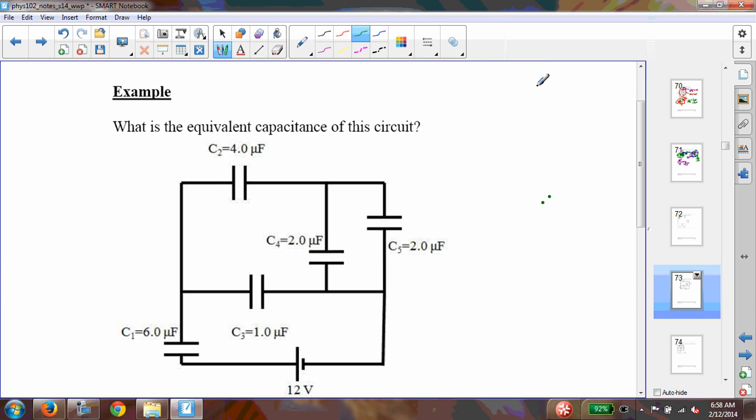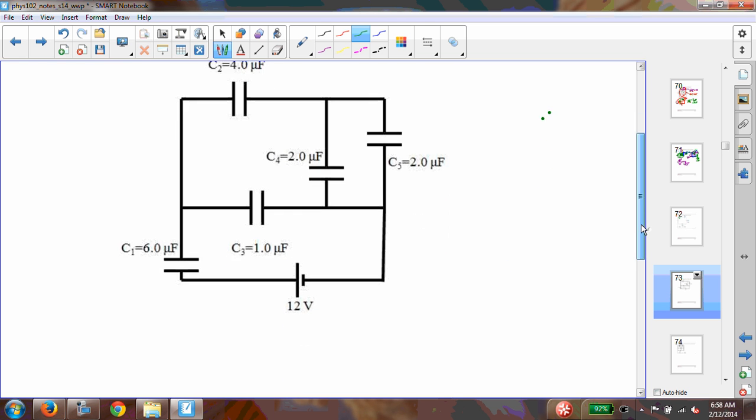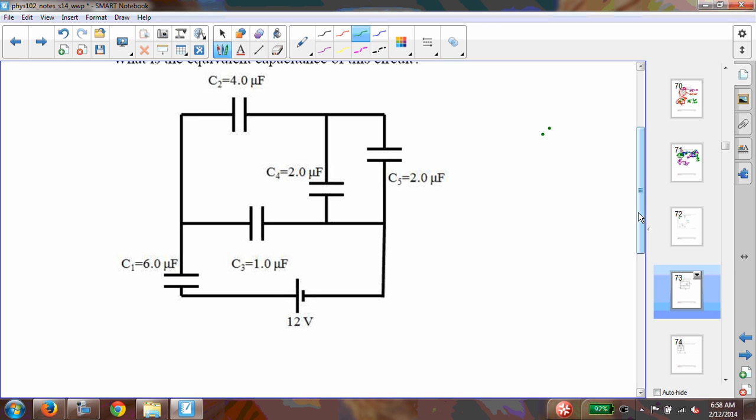Okay, here's another example. This is a more complicated circuit. I just want to know what is the equivalent capacitance of this circuit. The first thing is that this was made more complicated because the circuit is laid out in a different fashion than what we've seen. So the first thing that we want to do is just redraw this in a more